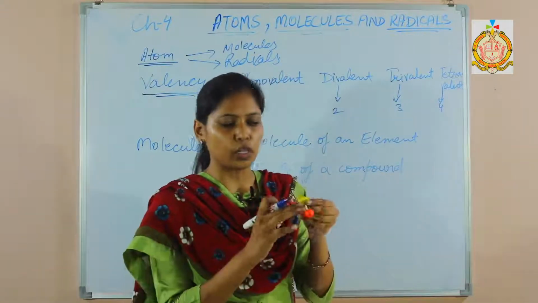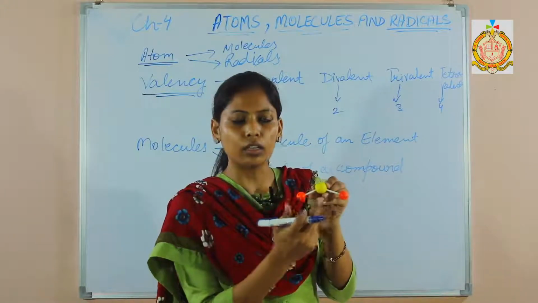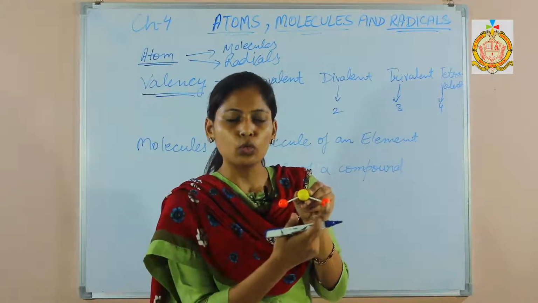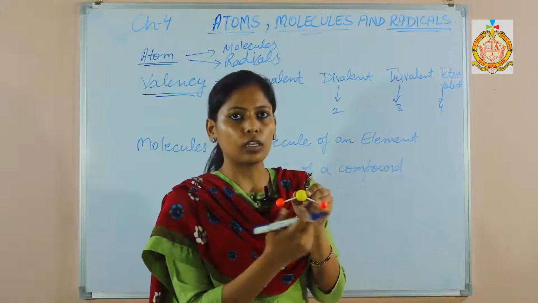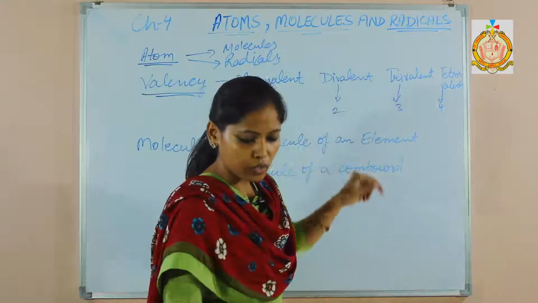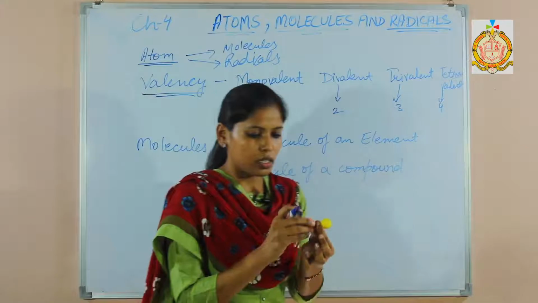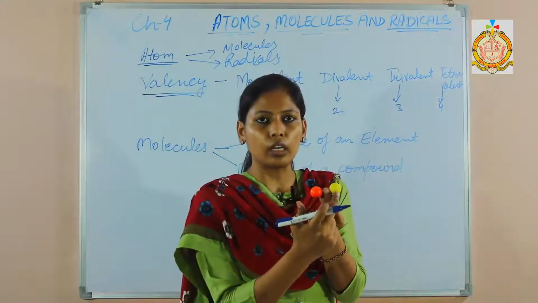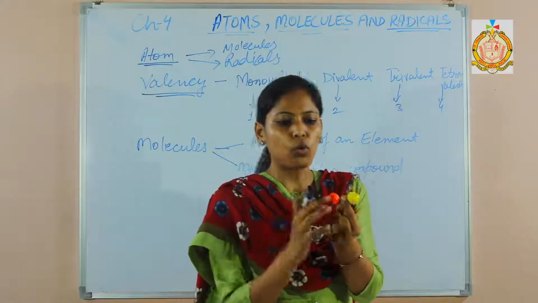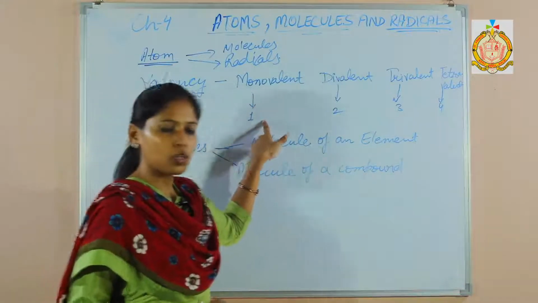Next one is the water molecule. This is the structure of the water molecule. This is oxygen, and on the sides these represent hydrogen atoms. So count the hydrogen atoms. How many are there? 2. So what is the valency of oxygen? Valency is 2. This is in the category of divalent. Oxygen is divalent. Next, the last one is mono. Mono means 1. See this one, hydrogen and chlorine. How many hydrogens are attached with this chlorine? Only 1. So what is the valency of this chlorine? It is 1. So the example is hydrogen chloride.